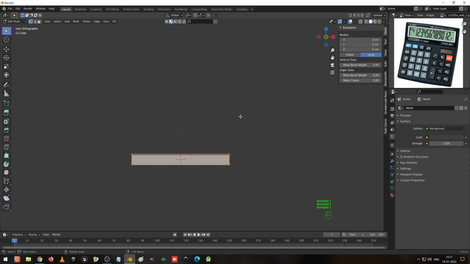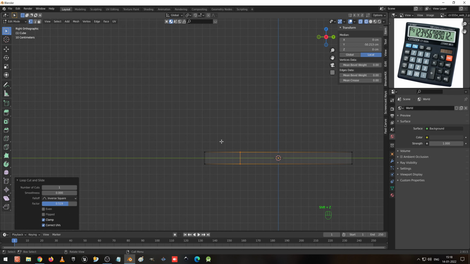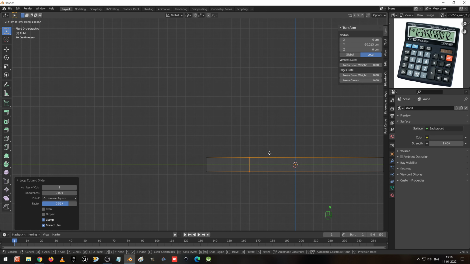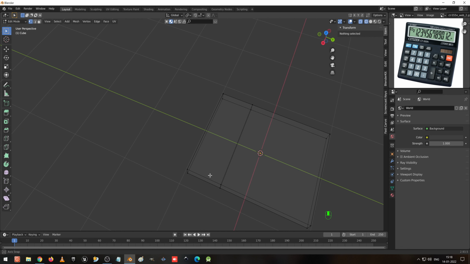Go to side view, I go with 3 on the numpad. Press Ctrl R and create one edge loop and move it towards here. Go to wireframe and I press G Y to move till here. So this could be better, I feel.